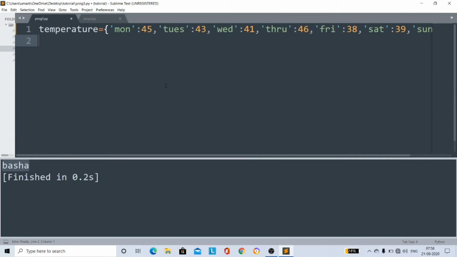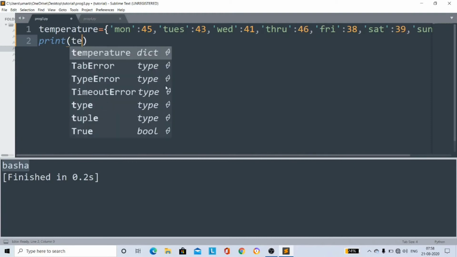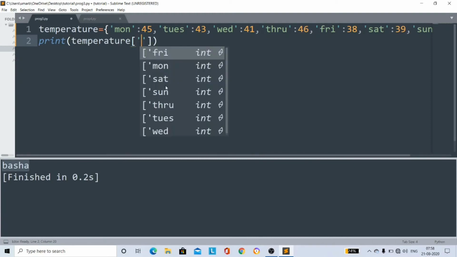This is my dictionary which tells us the temperature recorded in a week. I'm taking some random values. Now to access the temperature of Thursday, we print like this: temperature of Thursday.